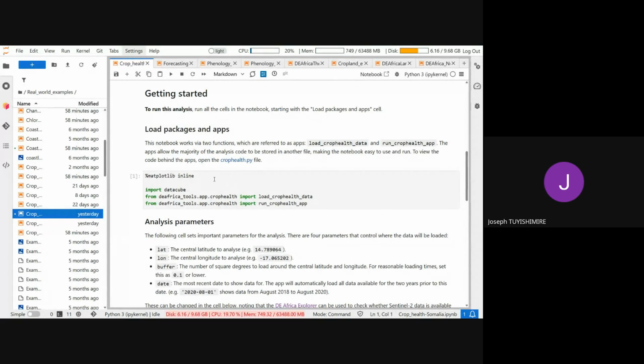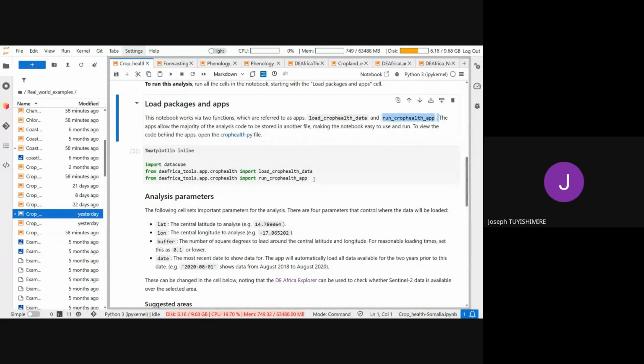So first of all, we'll be able to load the packages and applications we'll be using, especially we are loading crop health data and running the crop health analysis. And all those, in addition to connecting to the Africa data cube, we are loading the packages.